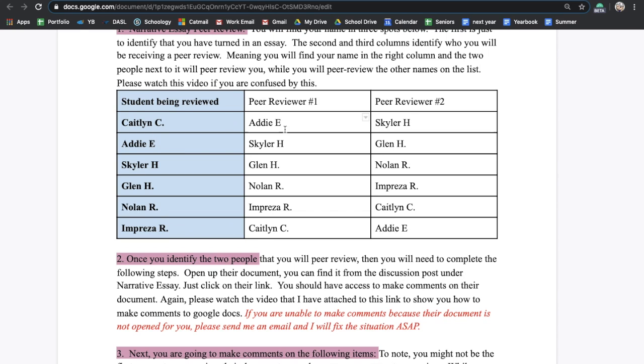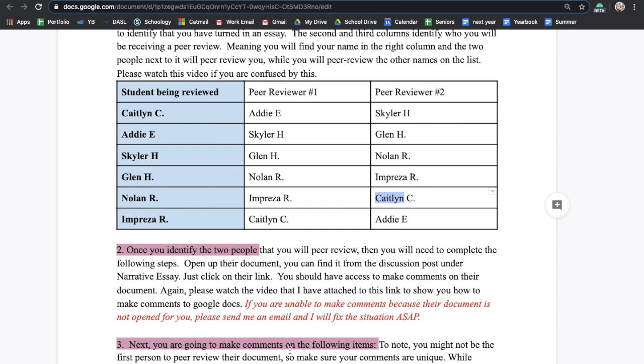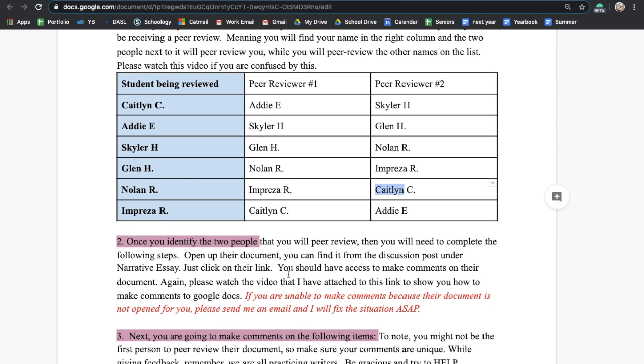So, let's start with Caitlin. Caitlin is going to have her essay peer reviewed by Addie and Skylar. But Caitlin herself is actually going to peer review Izzy and Nolan's because her name is here and here. So she will peer review those 2 people and not these 2 people, just so that's clear. Hopefully that makes sense. If you're not sure, just send me a message and I will let you know who you are peer reviewing. This just makes it so that everybody gets 2 and that I know specifically who is supposed to give feedback